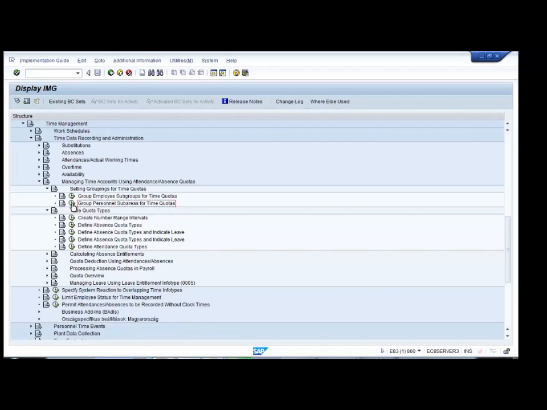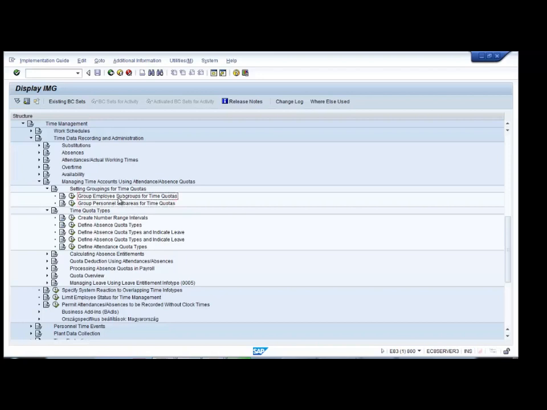I will always remind you that this grouping is separate for each aspect in time management. For example, personal subarea grouping for work schedule could be different, because it depends upon which personal subareas have the same working time. But here, this grouping is for time quotas. If one personal subarea has a vacation quota and sick quota, and another subarea also has the same vacation quota and sick quota, then you can group those personal subareas into one grouping.